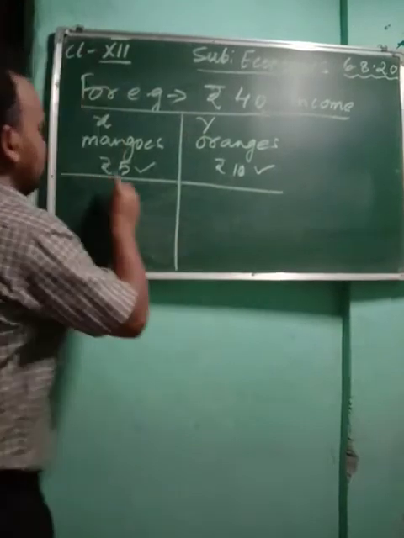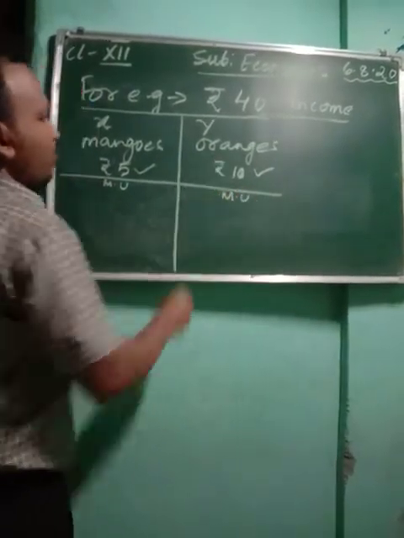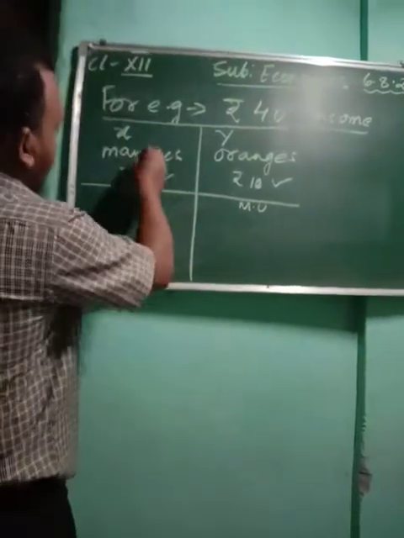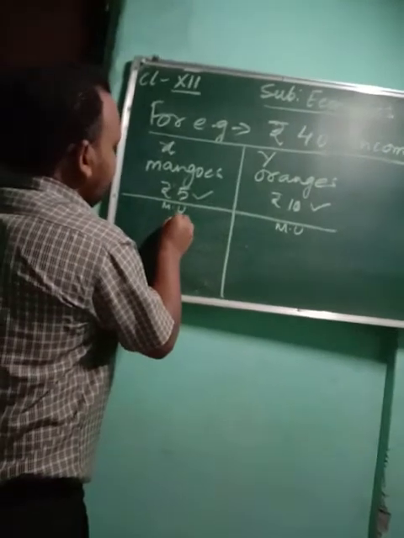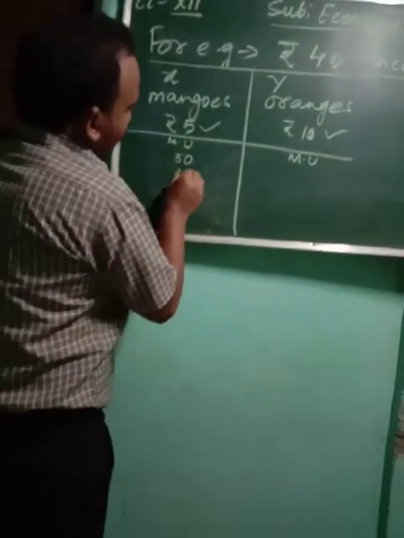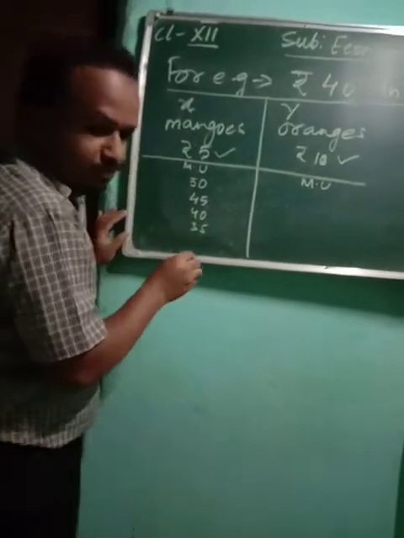Here we are going to assume the marginal utility of X and Y. Suppose the marginal utility of mango is 50, 45, 40, 35,